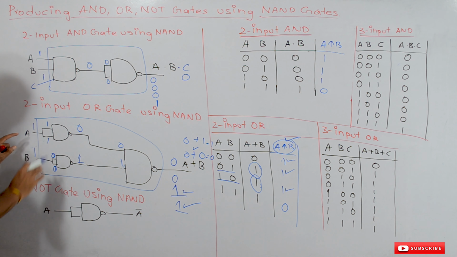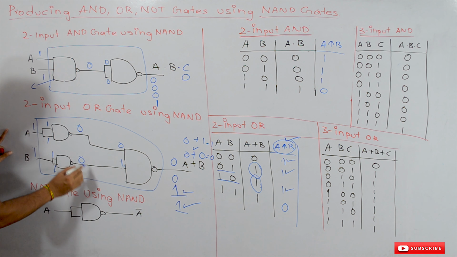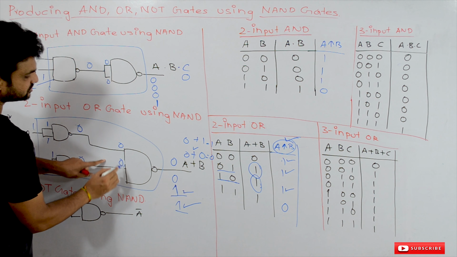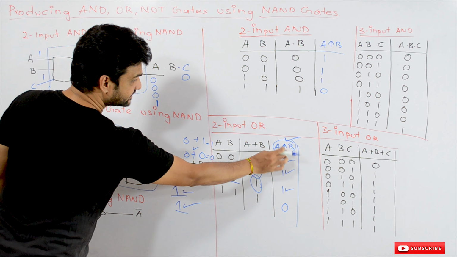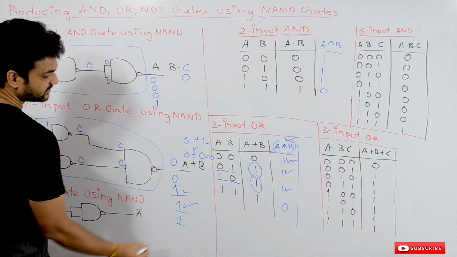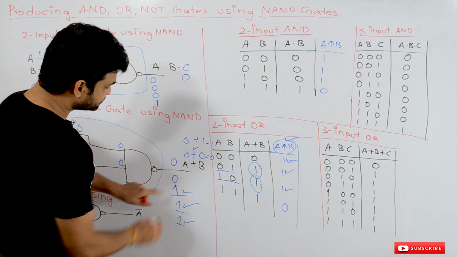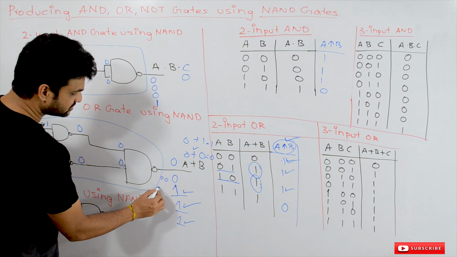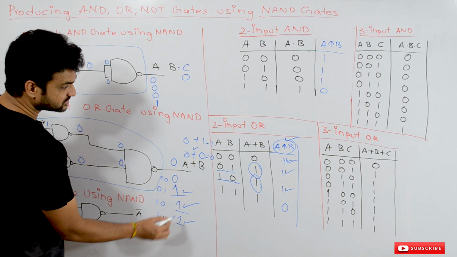Now with the input 1 1 here, it is going to generate a 0 0, and if 0 0 is given to the NAND gate, it is going to produce a 1. So this is an OR gate. These are the outputs for 0 0, 0 1, 1 0 and 1 1. If you check here, the outputs are the same as the OR gate.